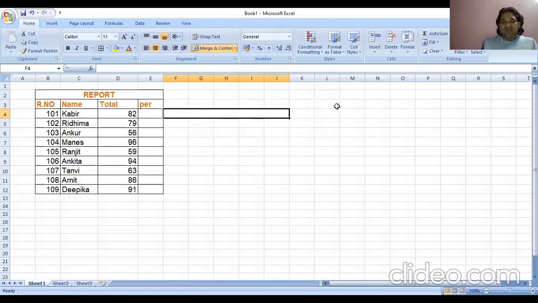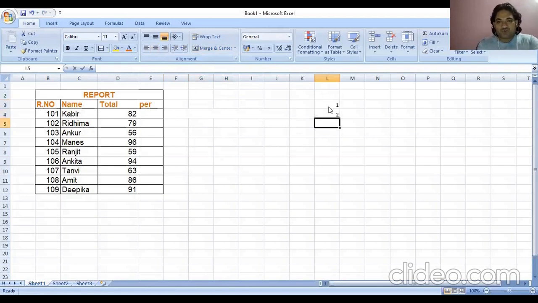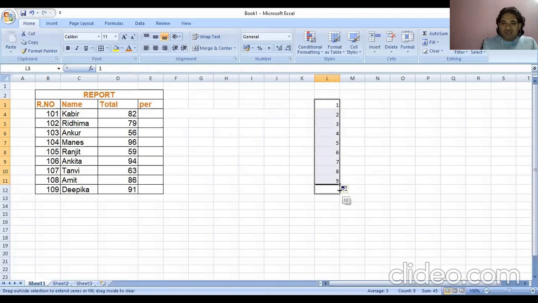Now the autofill feature, the most important one. For example, see, I'm putting numbers here, 1 2 3 4 5. Now I want to go up to 10. So I will just put 1 2 3 4 5, and then once I bring this plus sign at the corner, keep pressing it and drag it. Can you see numbers are coming? Now you can see I have brought it up to 10. So this is called autofill, and not only numbers.